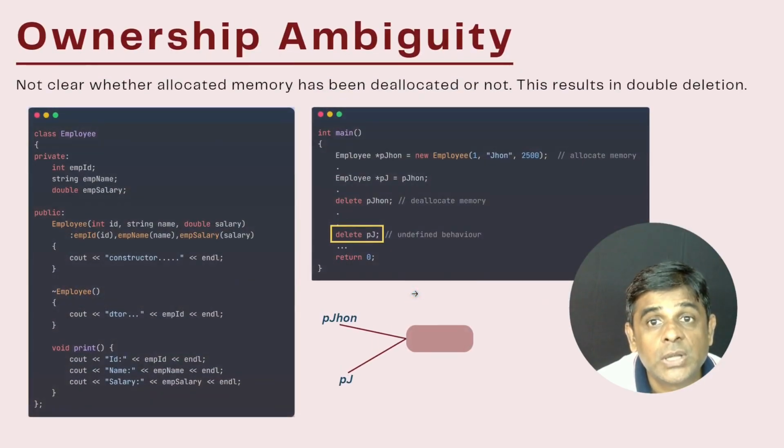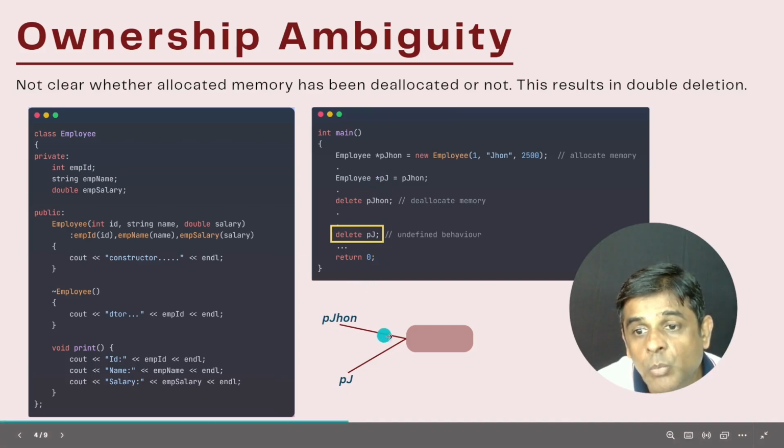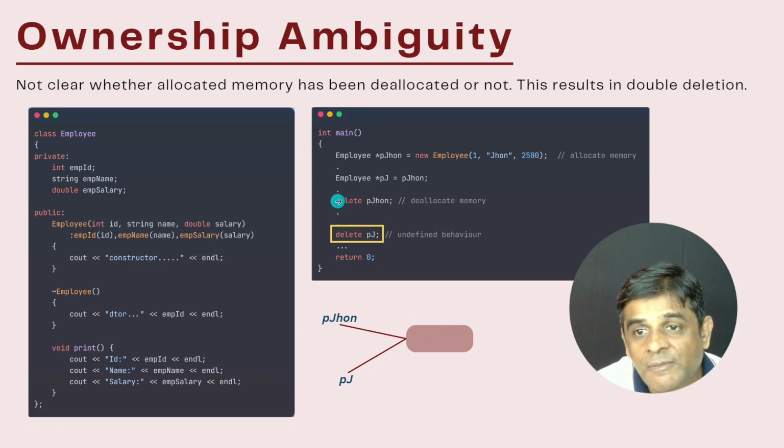Now another issue is ownership ambiguity. If you see this code, we create an object dynamically here with pointer pJohn. This pointer we initialize to another pointer, pj. That means pJohn and pj are both referring to the same memory location. Then we delete pJohn, that means the memory we allocated